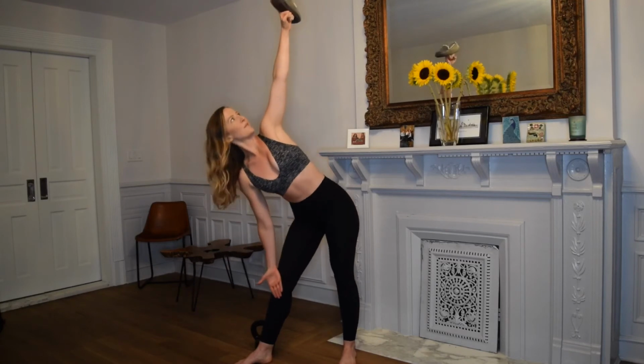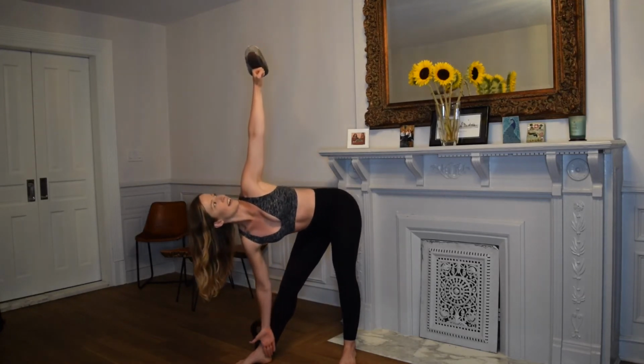Because again, even just doing this with body weight with intention is a workout. So hips down and back,